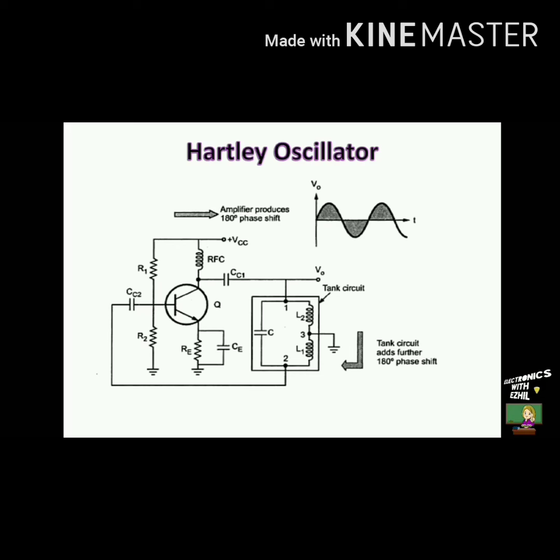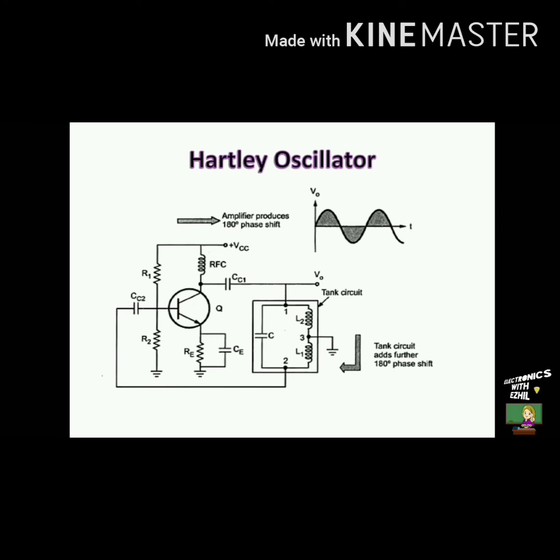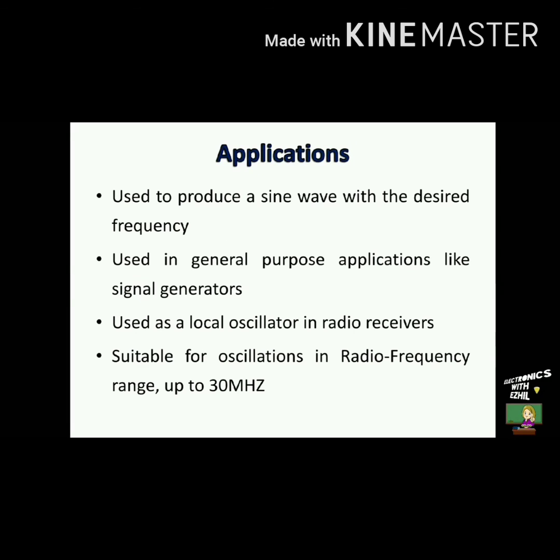This process repeats. Thus, charging of capacitor with alternate polarity and discharging produces alternating current, but the amplitude of the signal is low. The voltage across the L1 is applied as the feedback signal and it is amplified. Once again, the amplified signal is fed to the feedback network and it is continued so that the circuit adjusts itself to get A beta equal to 1, resulting into self-sustained oscillations. To understand the working of LC tank circuit with step-by-step diagram, you can refer my earlier video named Working of LC tank circuit. Applications. Hartley oscillators are used to produce a sine wave with the desired frequency.